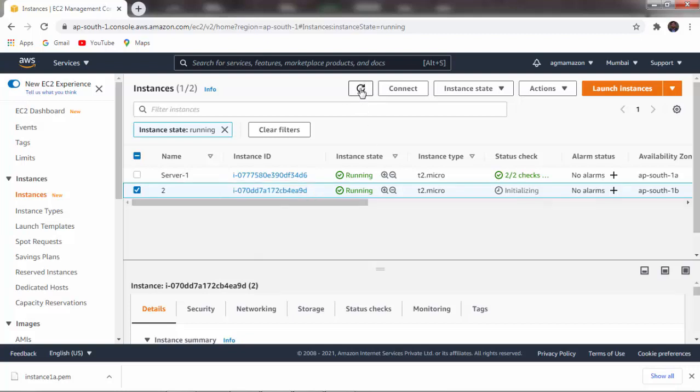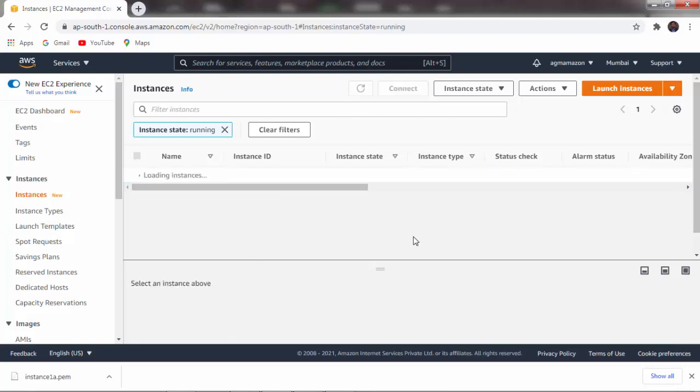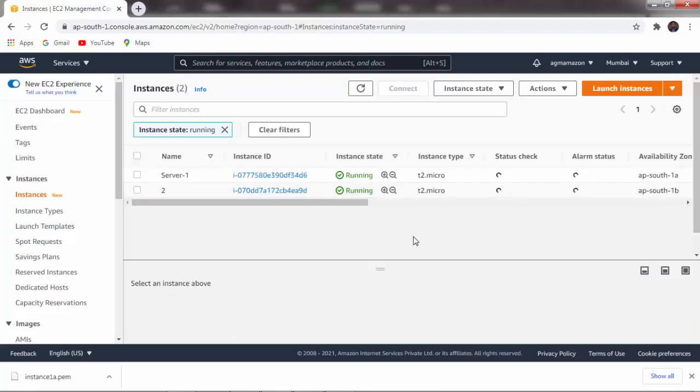Now again refresh it and verify the status check of both the instances. Now the status check of both the instances is 2/2 checks. It means that both the servers are now ready.